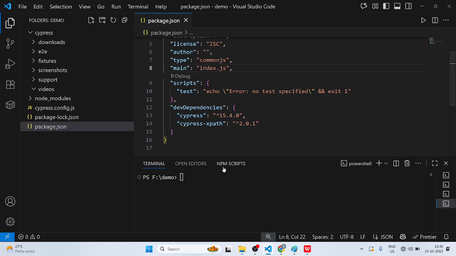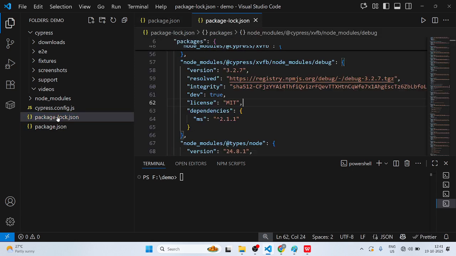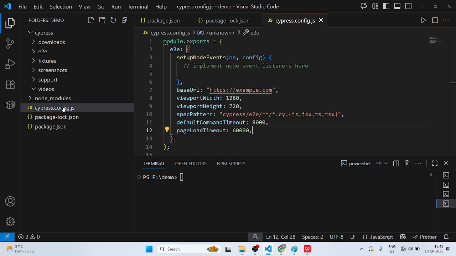Then, whenever you install anything via package.json, the respective packages and libraries will be downloaded in the node_modules folder, and the JSON representation will get stored in package-lock.json with the respective versions of the specific libraries or packages. Then cypress.config.js will consist of all the global configuration that you require for the project. You can skip a detailed explanation, but you can simply say it consists of all the global configuration required